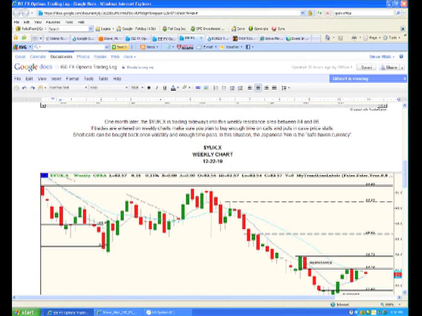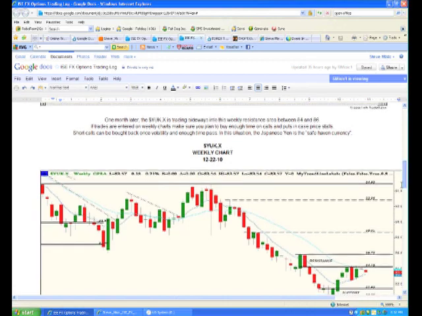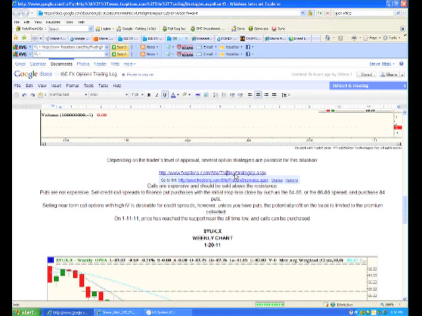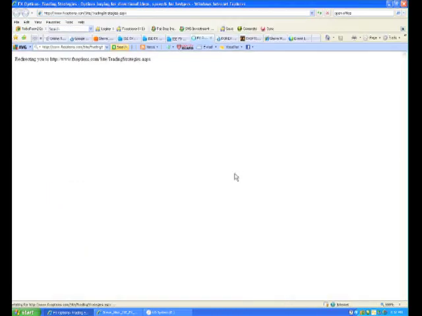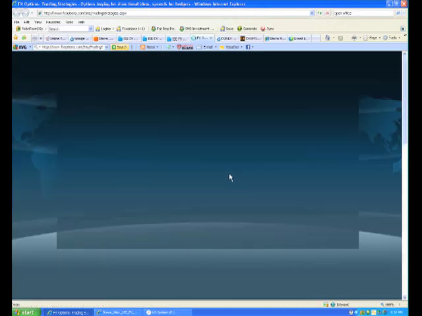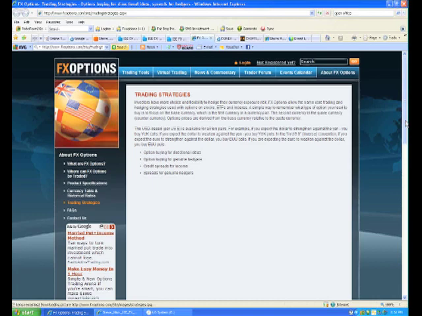So as I'm going down here, I see that depending on my level of trader approval, I have several option strategies that I can go for with this situation. And so I have a link to the FX Options website where the trading strategies are listed. And so once I get to this page, as I'm trying to work myself through what I'm going to do, I'm going to look at this page to see which are the best opportunities for a market where the dollar happens to be